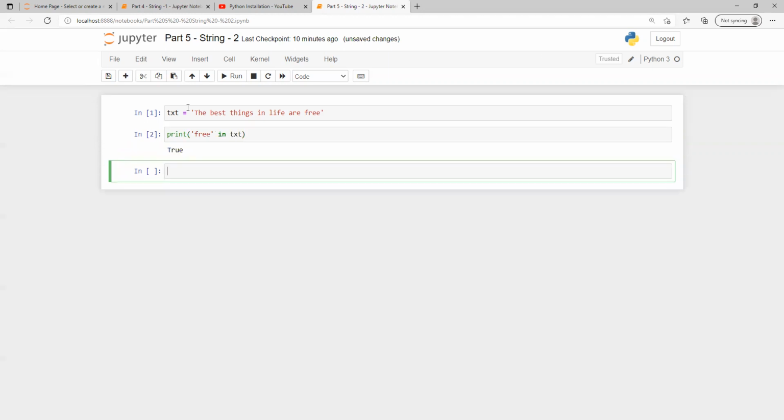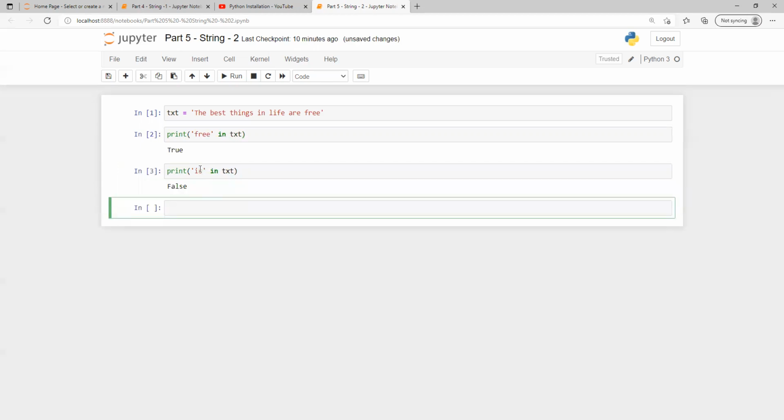When we run that, we got True. True means it's already present in that given paragraph, word, or string. Now if I change that and suppose I put "each", and run, we got False. It means that it's not present in that sentence. Similarly, we can use this to check whether it's present or not, get True or False, and then work based on that.